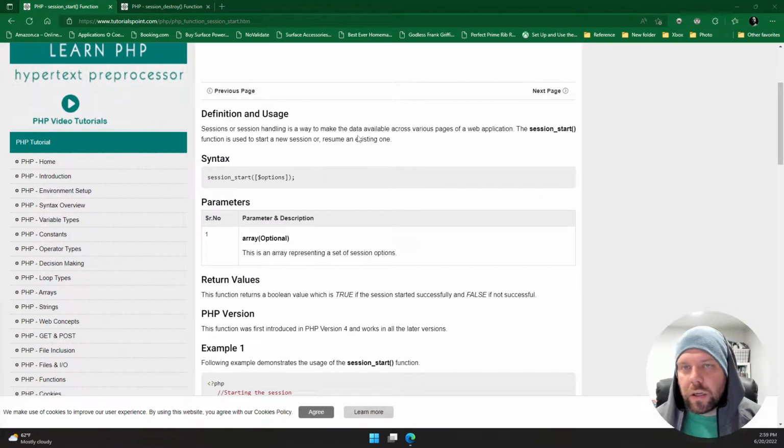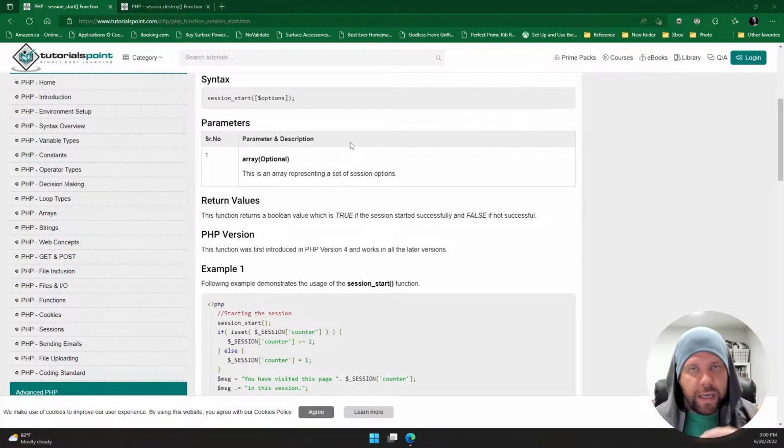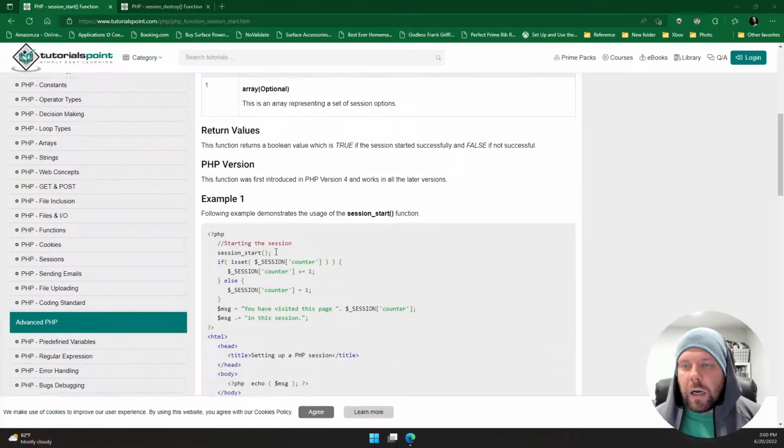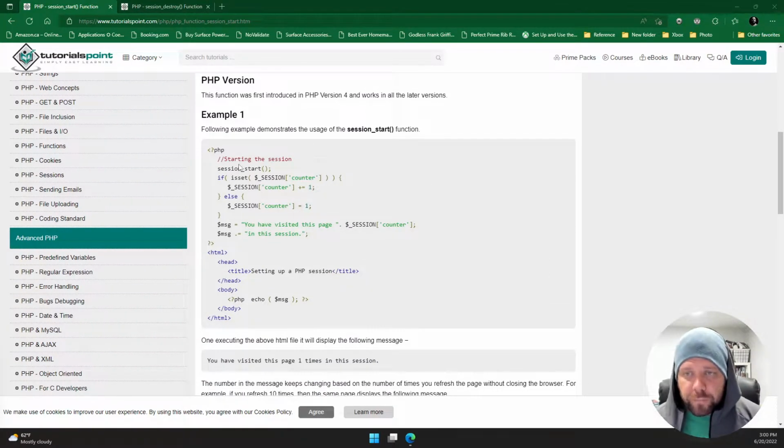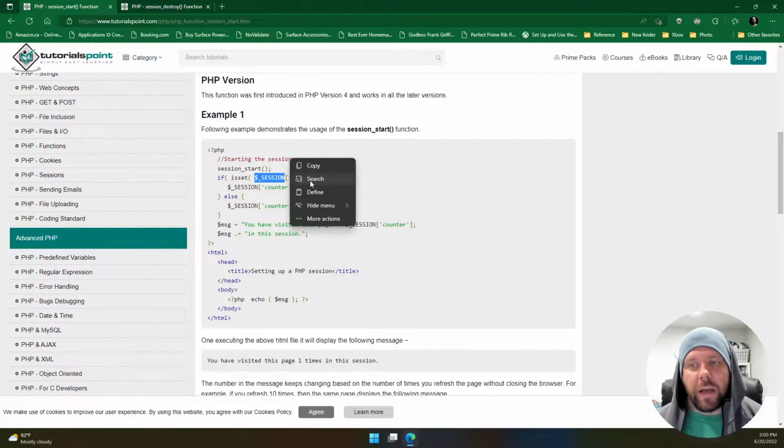Okay, so let's just take a look here at tutorialspoint.com, where they have some great little examples and they explain it really well. So what we're doing is, when we call this function, it returns a Boolean value, which is true if the session started successfully and false if not successful. So let's take a look at example 1. So here they have their HTML, and then before that they have PHP. So they call the session start function, and then they say, if set,